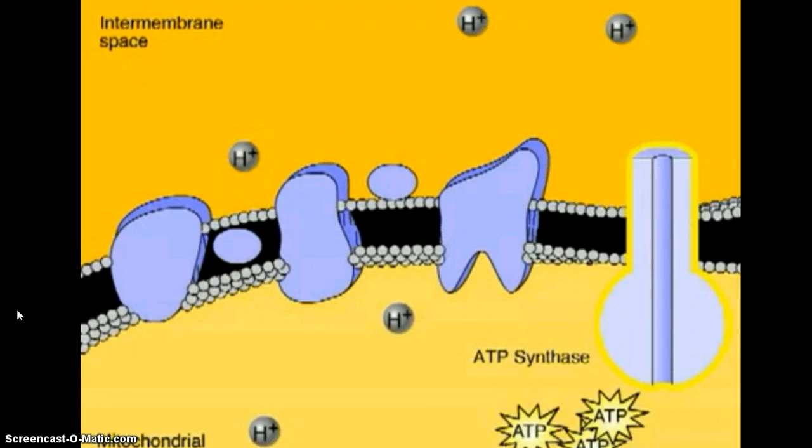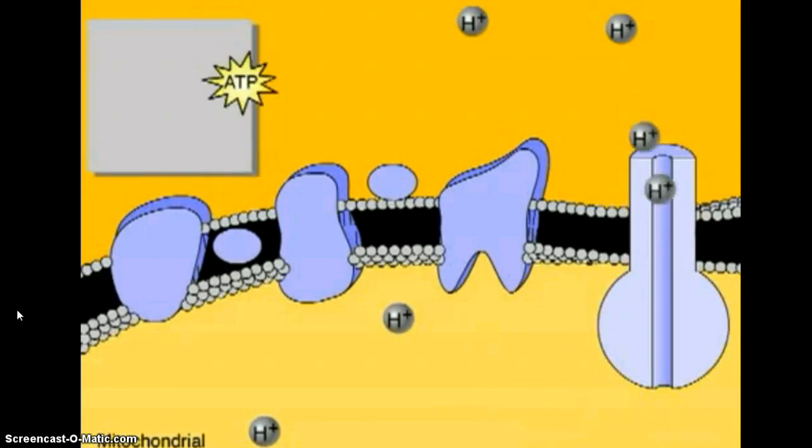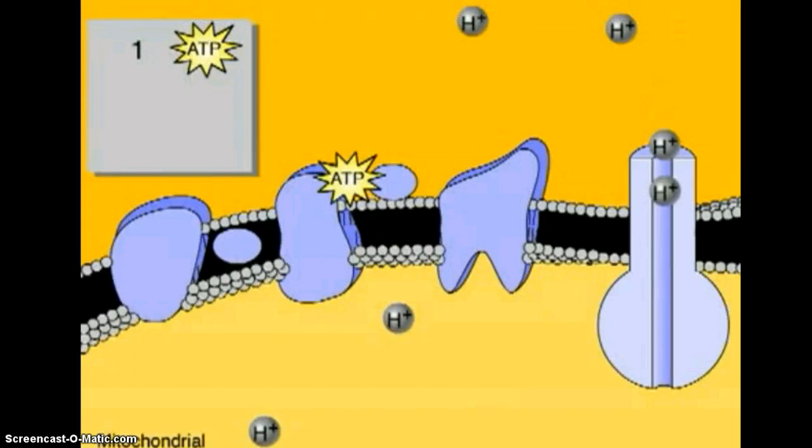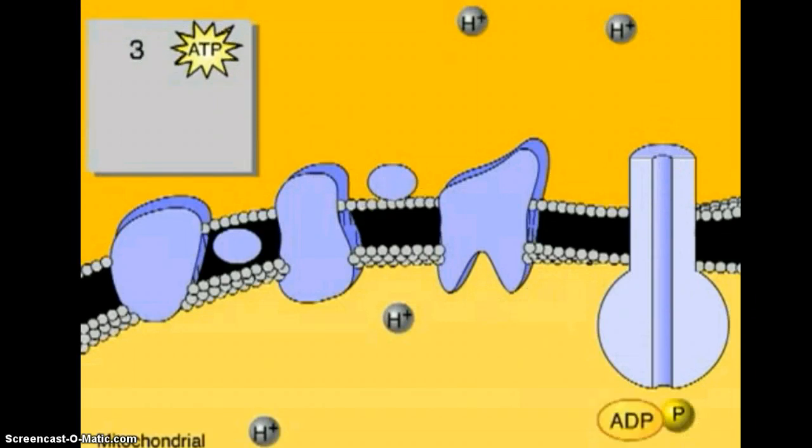The other step is that FADH2 attaches onto the second of those proteins, and so it also dumps its electrons, so that you have actually 2 chemicals dumping their electrons, both the NADH and the FADH2, to make